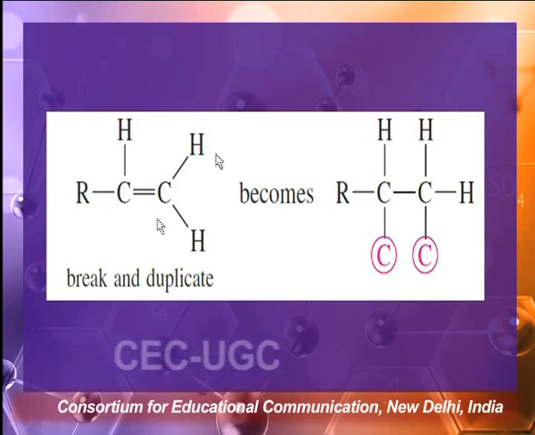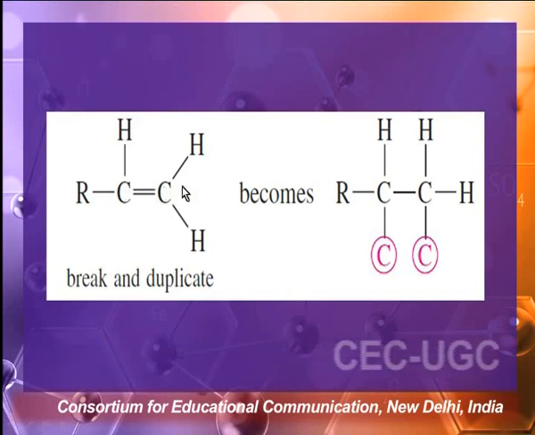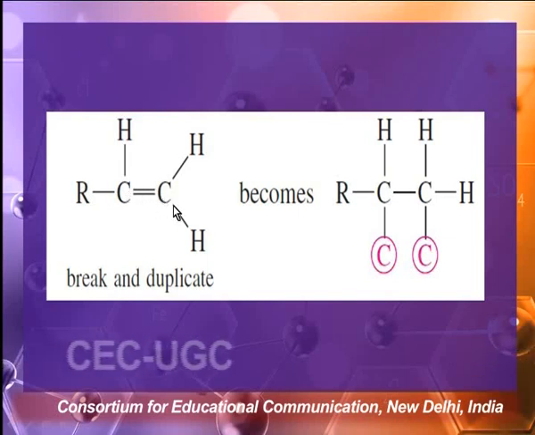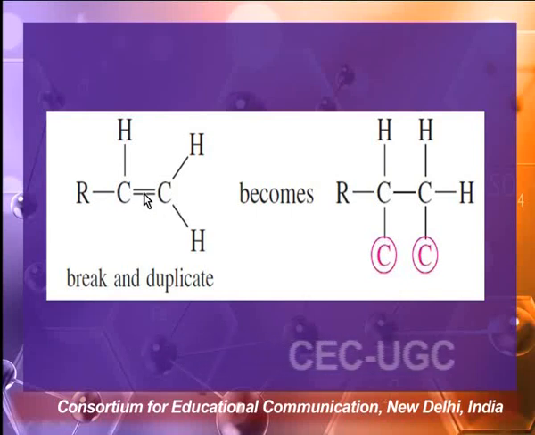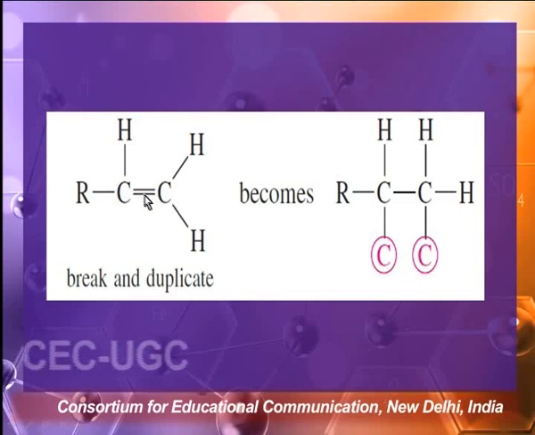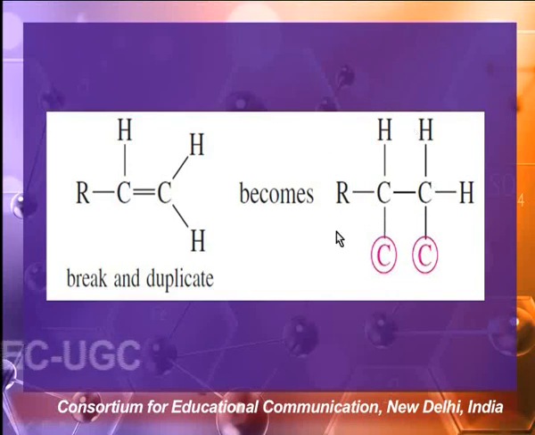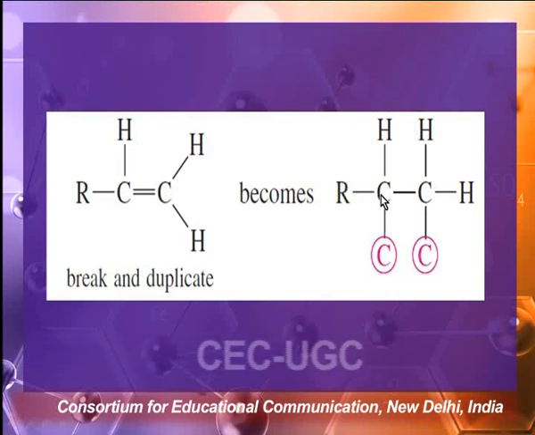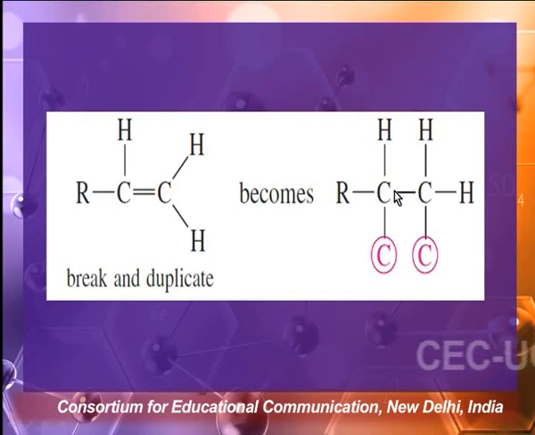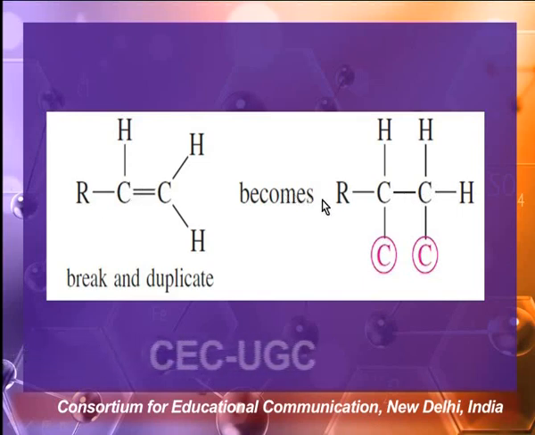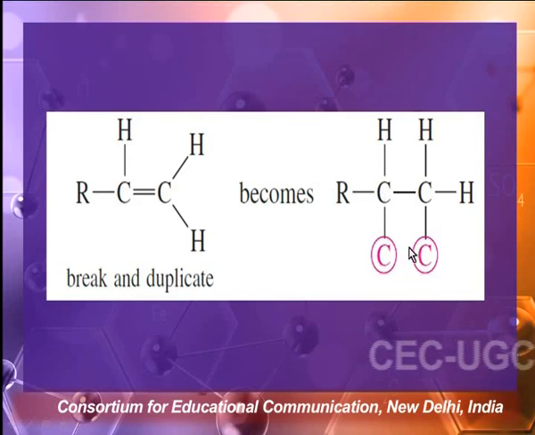So in case we have this group attached to the chiral carbon, what you have to imagine is that you will break this bond, and when we break this bond, then you have to imagine that this carbon is attached to 2 carbons and this carbon itself is attached to 2 carbons because we are duplicating it here. So this is what we've shown here, that when we give priority to these groups, this C double bond C will be treated as though one C is attached to 2 carbons, 1 carbon and 2 carbons, and similarly this carbon here is again attached to 2 carbons, carbon and carbon.